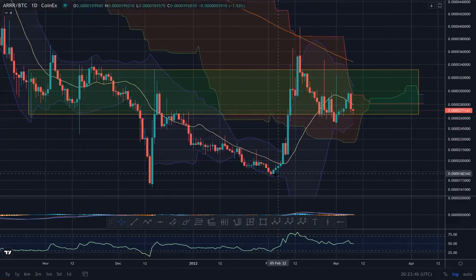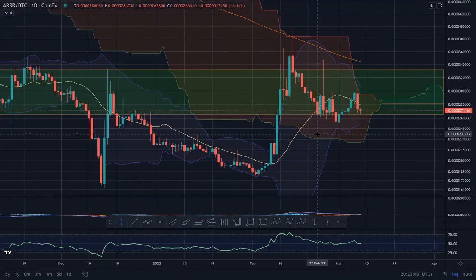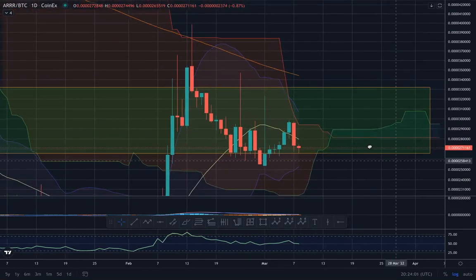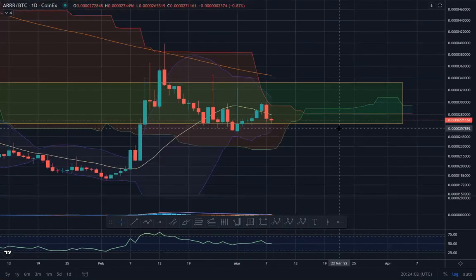also in relation to making higher lows, compared to the February low, but also here potentially making a higher low than this previous low at the end of February, beginning of March. Now we're getting a next low and potentially a higher low, but maybe not. Maybe it has to come down all the way to the bottom Bollinger Band. Maybe it's going to dump even more. But I want to recognize opportunity here at some point,